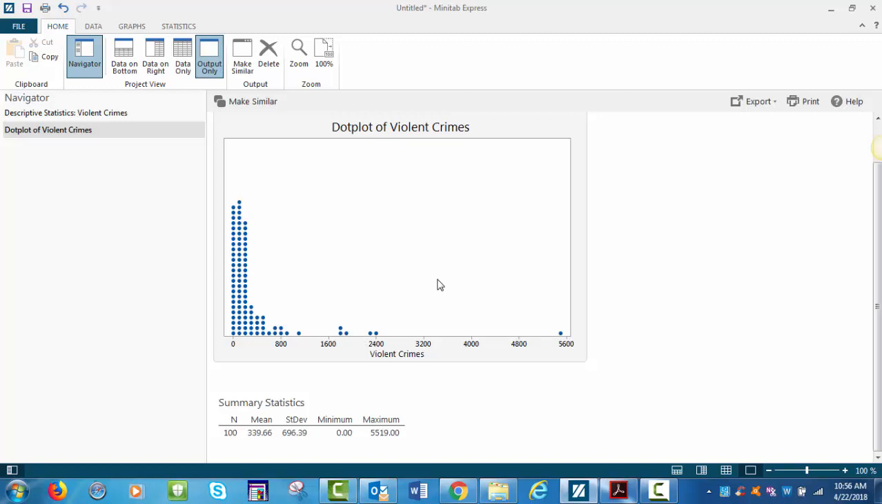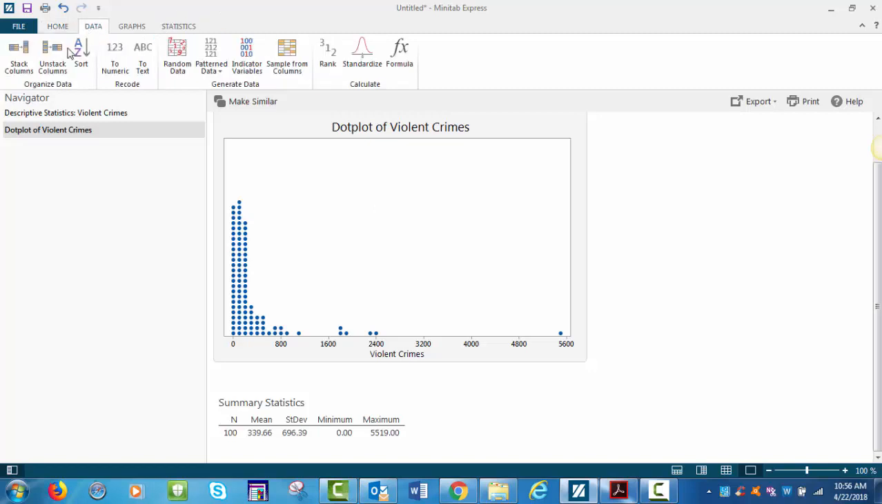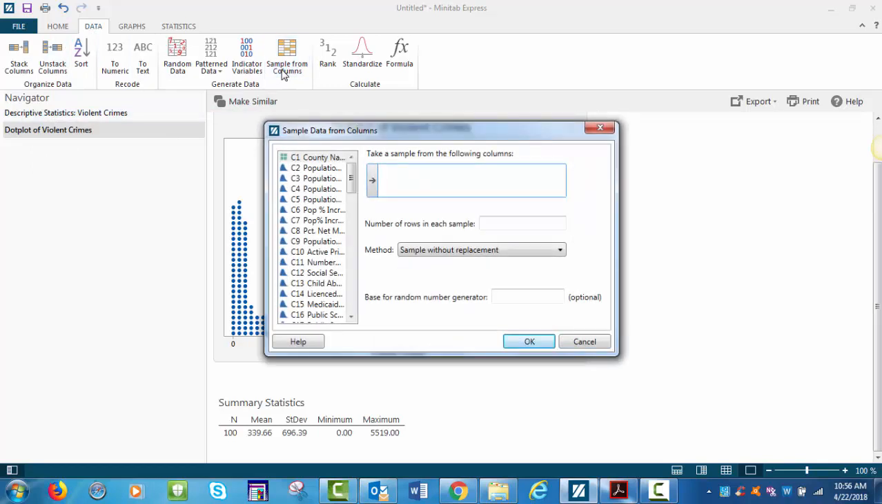To create the sample of 20%, use the commands data, sample from columns, select the columns that you want to sample from, and I'm going to use C22 again. And the number of rows, I want 20%. There are 100 counties in our data set, so I'm going to do 20, and I'm going to make sure